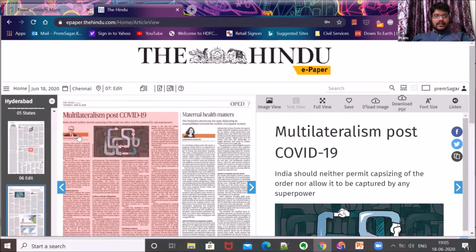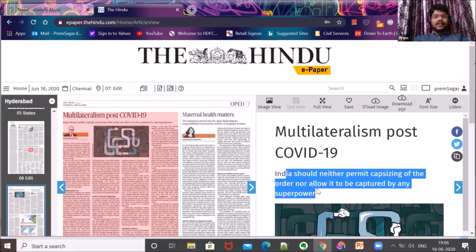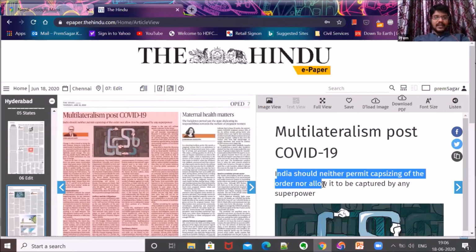If you see the author, he is Syed Akbaruddin. He is a very important person. He just retired from the position of Indian representative to the UN, that is the United Nations. So that is why his views are very important. And this article is important only for political science and international relations students. So if there are PSIR students, try to read this article. I know it is very tough right now because there are many technical terms, but try to Google them, try to understand. If not once, try to read twice, because this is an article that is important only from the PSIR perspective.